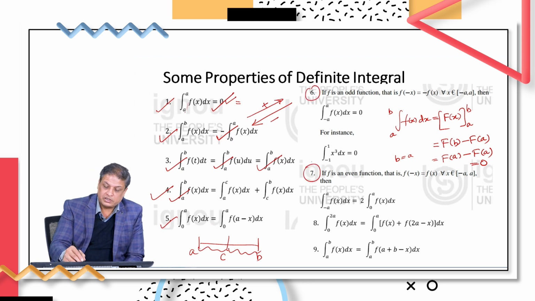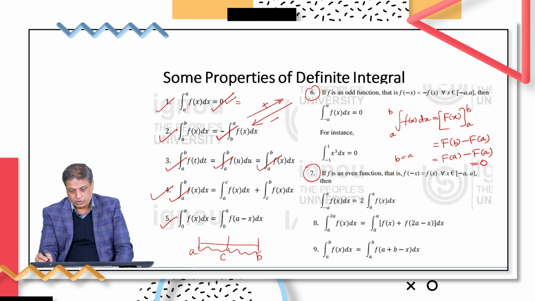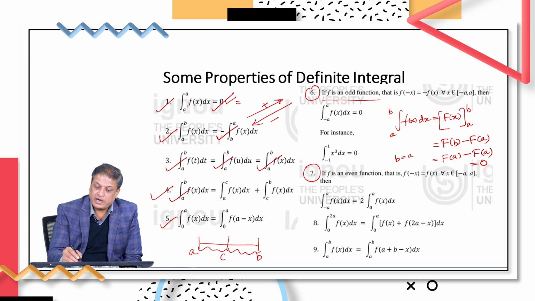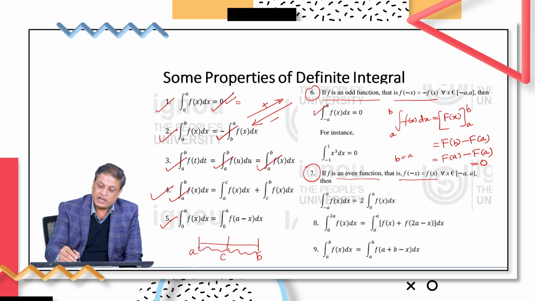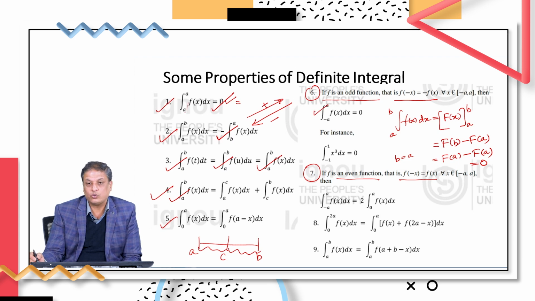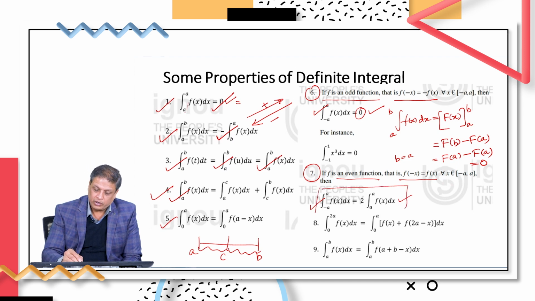These, property number 6 and property number 7, require your attention, which say something about odd and even functions. What is an odd function? An odd function is a function where f(minus x) is equal to minus f(x), and an even function is a function where f(minus x) is equivalent to f(x). So, in case the function f is odd, then the integral from minus a to a f(x) dx is equal to 0, and in case the function is even, then the integral from minus a to a f(x) dx is equal to 2 times the integral from 0 to a f(x) dx. So, this is a very important formula,